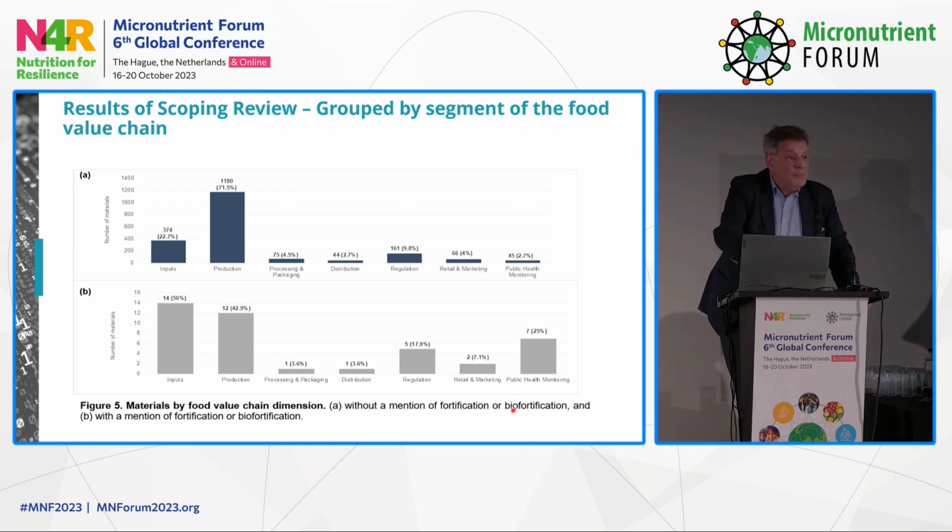Now, if you look at the lower part, it's structured the same way. But as you see on the y-axis, we are no longer talking about thousands of publications. We are talking about tens of publications. So food fortification mentioned in publications comes up to a maximum of 14 or 12 in the production and in the area of fertilizers and other areas. Then it goes down to one-digit numbers, and it decreases again a little bit in quality and regulatory issues, and then it drops again. And it again addresses more the markets.